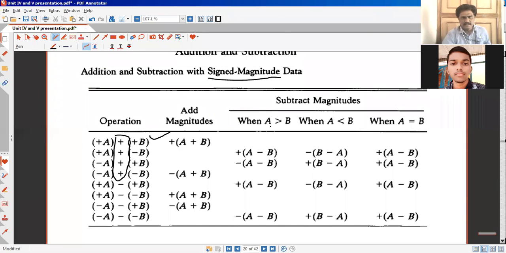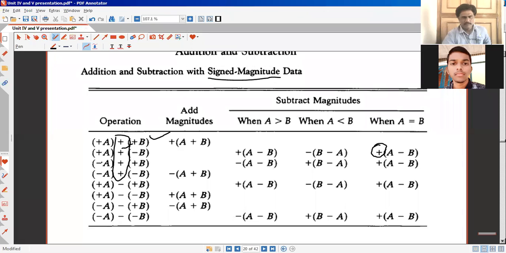Suppose A is greater than B, then I'm doing a subtraction operation and the sign will be positive, because the larger number is positive. Same way, if A is smaller, then I'll do the same subtraction, but the result will be negative. If A and B are equal, then we have to see that the sign should be positive. If both are equal, negative 0 is not considered, so we must make it positive 0. So I'm doing the addition operation with different magnitude and sign. Same way here, addition with A negative and B positive.